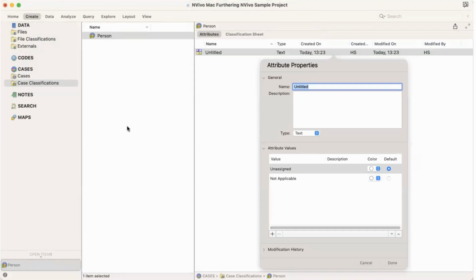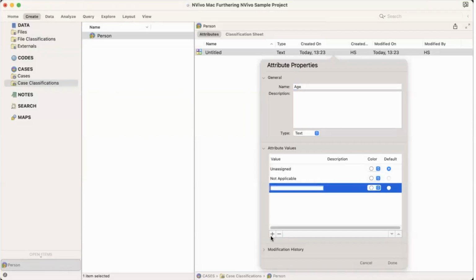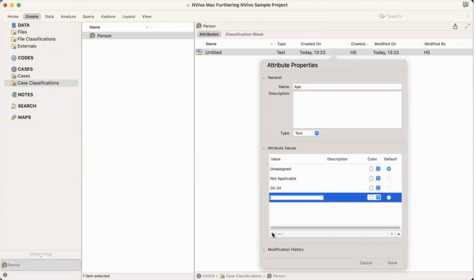Now in the new attribute, we can see that we need to give it a name. So let's give it the name age. Now in order to give it attribute values, we can see there is unassigned and not applicable already here. We cannot do anything with those. We just have to click on the plus and give it a value. So for example, we would give it an age category of 20 to 24, and then we'll give another age category of 25 to 29,